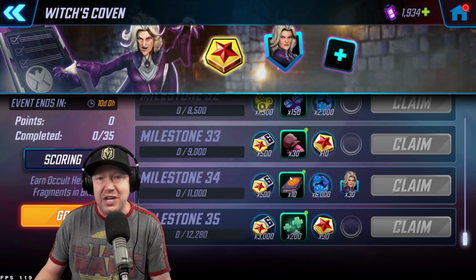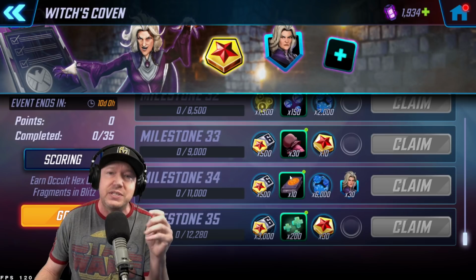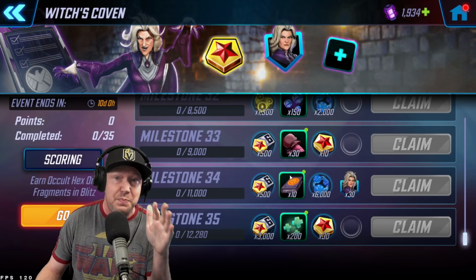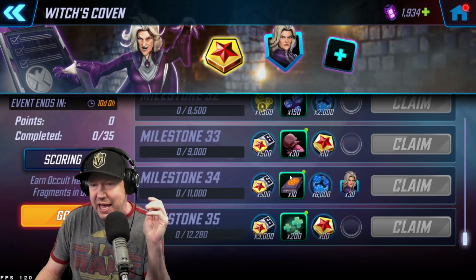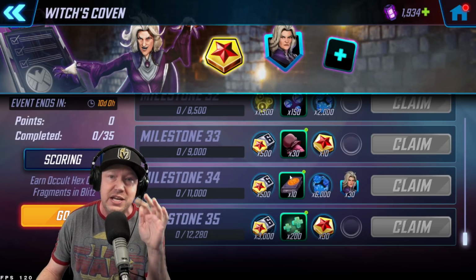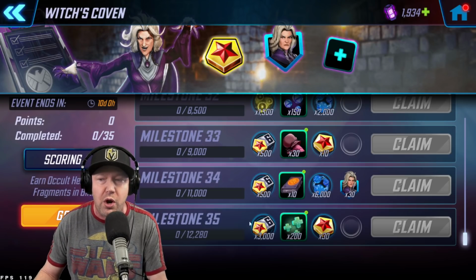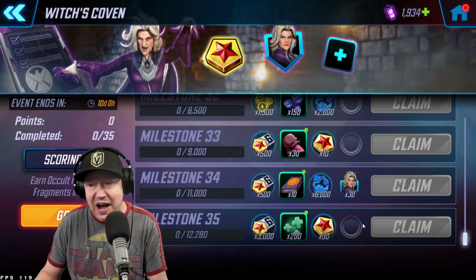Now, there's other ways of getting orbs. You can get orbs by blitzing. You can get orbs by spending cores. You can get orbs by doing the web spending energy event. We're going to go over that. And according to the math I did, if you're super grindy and you do a lot of blitz rotations, it may be possible to make it to 34, but it looks like getting to milestone 35 is going to require